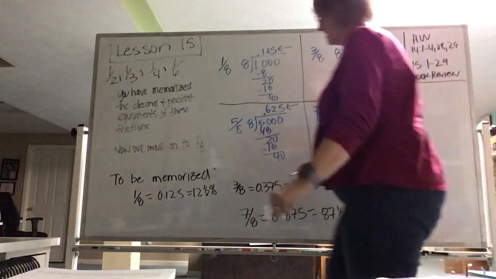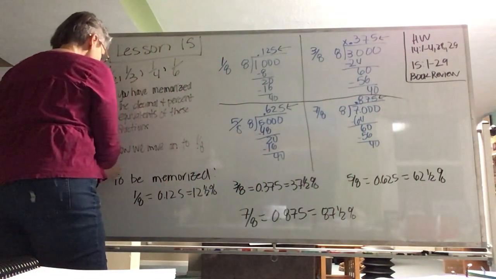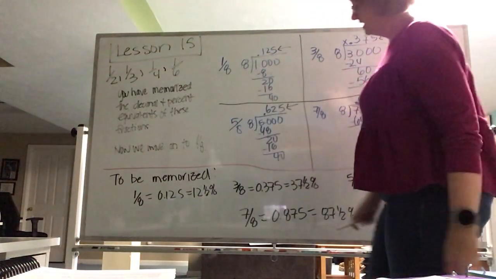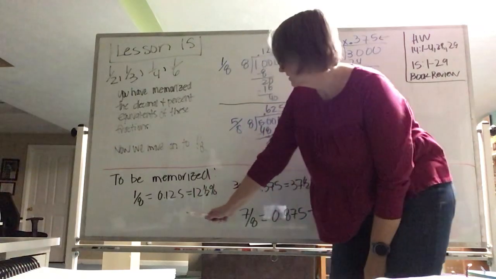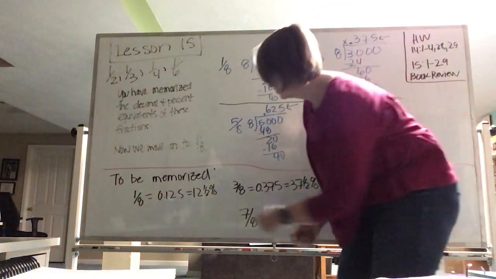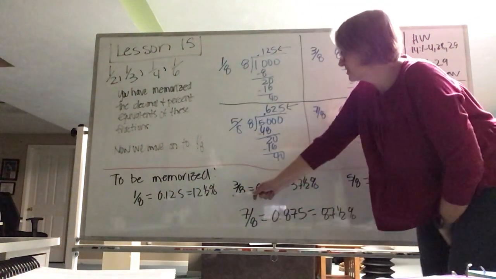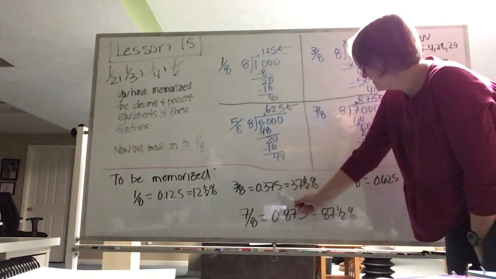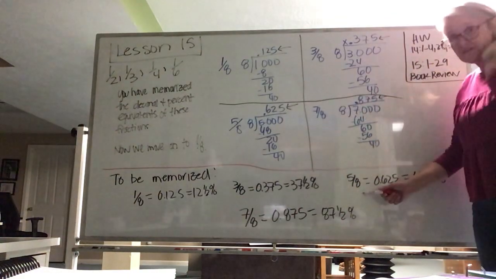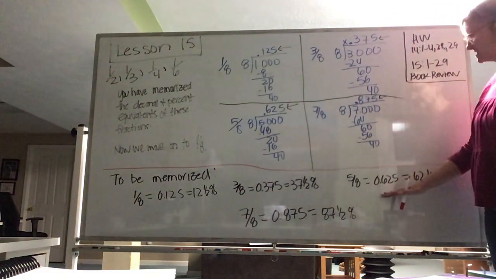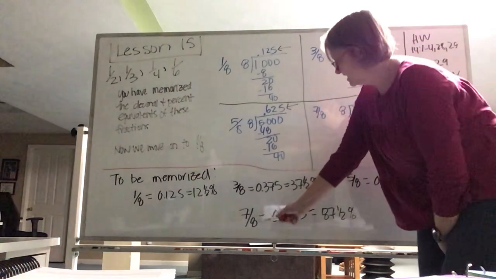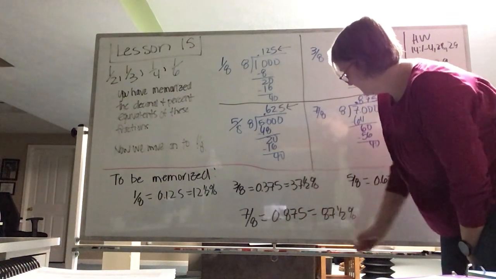I'm going to draw a line between this. So these are the math facts that you need to memorize because it will make your math easier. So 1/8 equals 0.125, which is the same thing as 12.5%. 3/8 is 0.375, which is 37.5%. 5/8 is 0.625, which is 62.5%. 7/8 is 0.875, which is